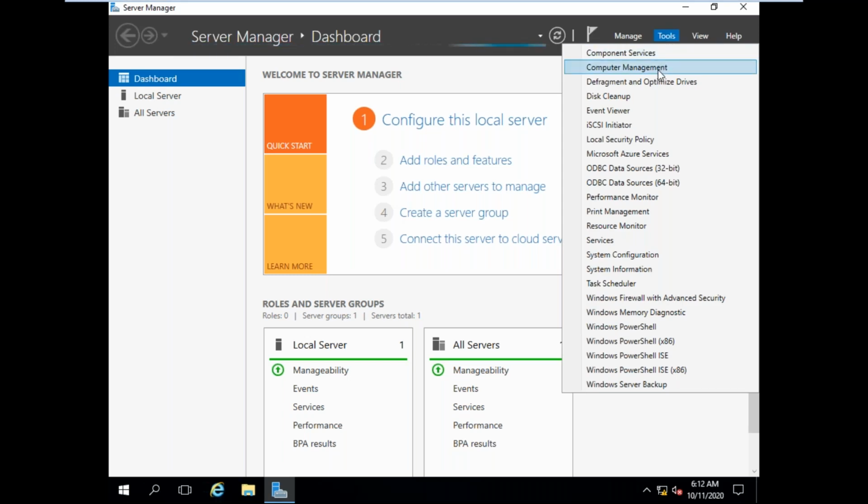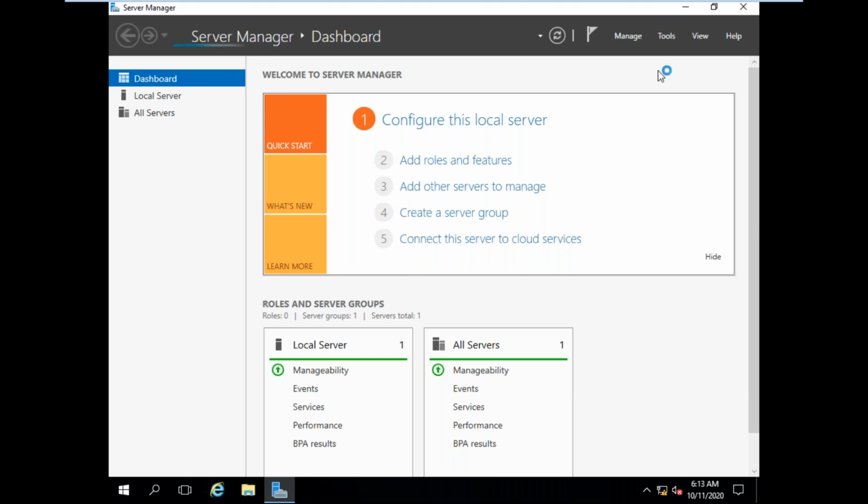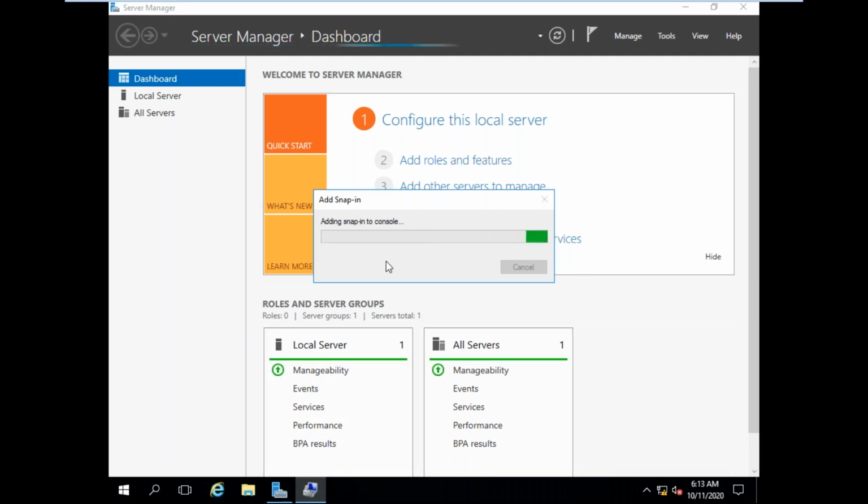So here click on computer management. It is running, it's going on.